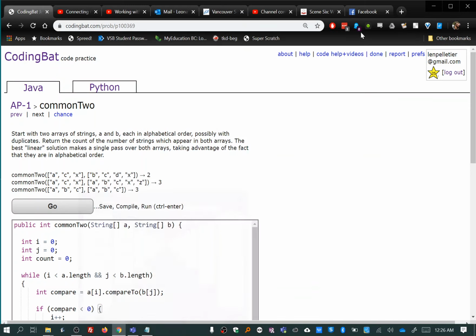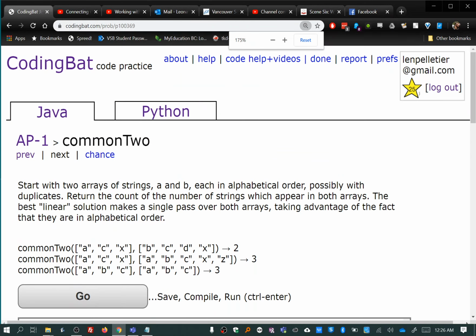Hello everybody, we're going to be going over the question commonTwo, which is the last question in this problem set, so you know it's got to be the hardest. So the story with this one, I was supposed to zoom in. There we go. This is a question where you have two arrays of strings and you're trying to find out